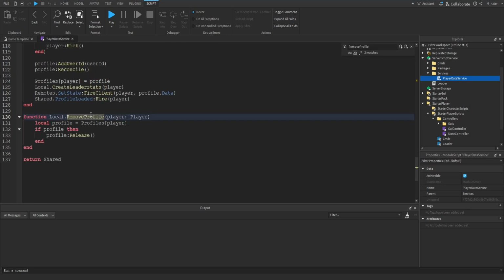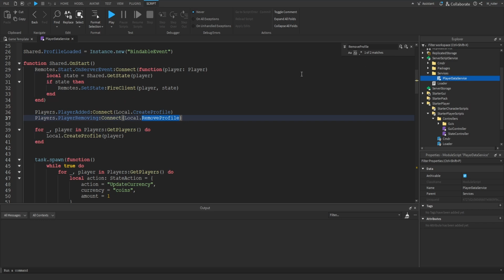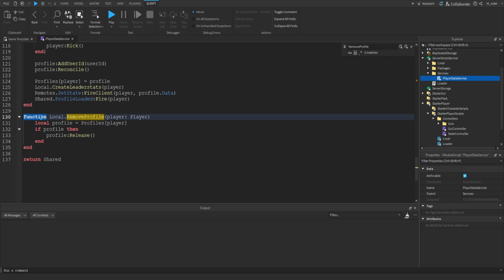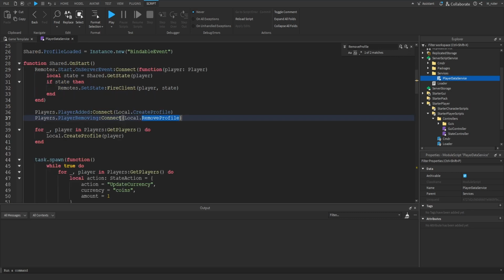Now, here's a perfect example of where creating a normal local variable is kind of annoying. So I have the remove profile function all the way at the very bottom of my script, and it's actually used towards the very top of my script on line 37. And again, this is a part of the local table. Let's go ahead and create a normal local function like we normally would. So we'll use the local keyword here. Then let's go back up top to where we actually want to use this function and then go ahead and try to call it. Now, when we try to call it, we can see that there's an error here.